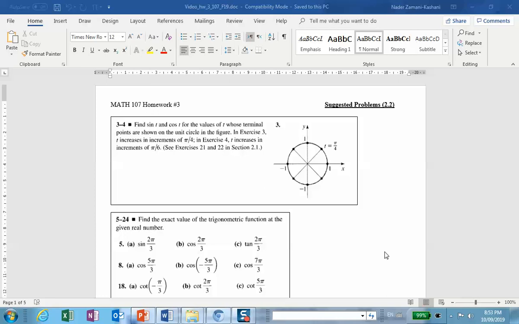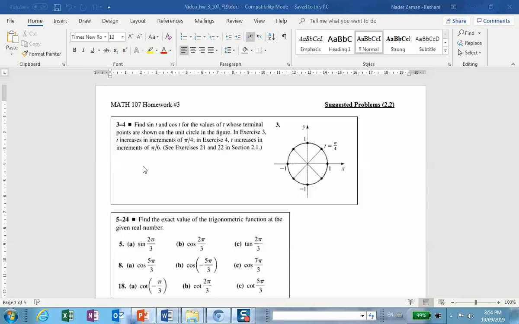All right. Now, the first problem is given here. It says that suppose this parameter t is pi over 4. Why don't you find the sine and cosine and the coordinates of these different points? Okay. All right. So